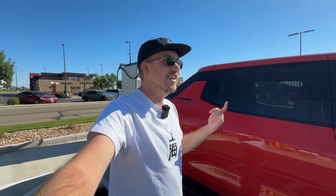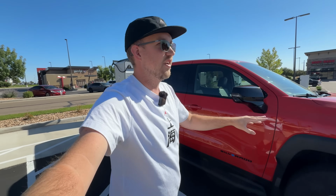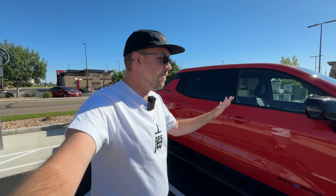might be going to a charging stop on a road trip and sit in the truck, which is a comfortable place to be, in the front seats, and then having climate control on because what if it is a hot day? A lot of folks in the forums and stuff have road tripped Escalade IQs, Silverados, etc., and have complained about climate control affecting charging in the summer heat. This truck may have a newer update, not really sure. It is up to date as of what the truck says. So maybe we'll see a better performance today, but there's only one way to find out, and that's, well, testing